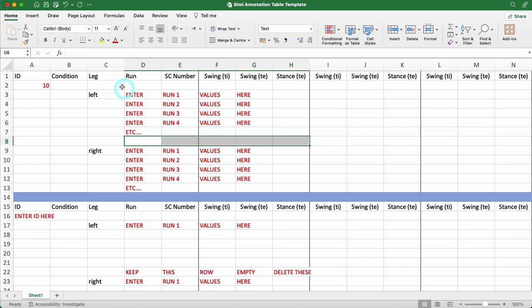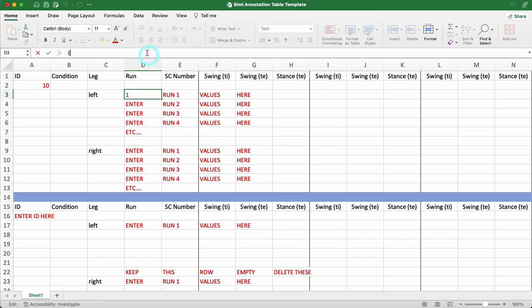So for AutoGaitA Simi we have people or animals walking back and forth, and if we have run 1 here, it means that it's the time period from which the person, for example, started at some corner of the room and walked until the other corner of the room, then turned around and walked back. So in this time period from starting until the first turn, let's say this person performed 3 step